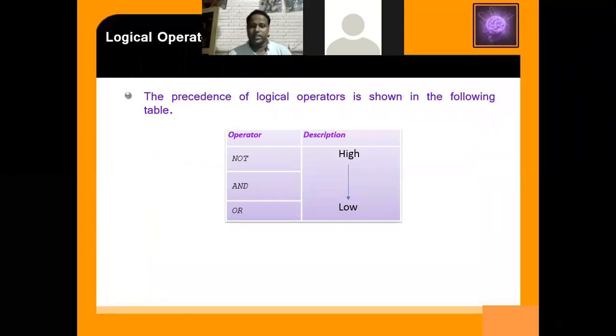When you are using not, and, or together in a statement, then first priority goes to the not operator, then it comes to the and operator, last is or. The highest priority goes to not, then it comes to and, then it comes to or.